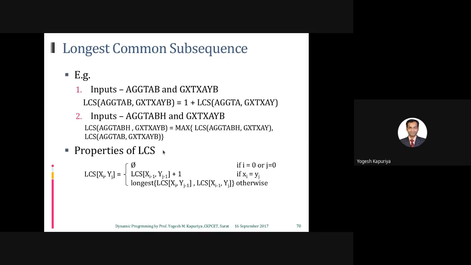And that's why we say it has the optimal substructure property. That means solving a main problem requires a solution of the subproblem. So if you solve this subproblem in an optimal way, your main problem will always be solved in an optimal way. And that's why this guarantees you the optimum output.